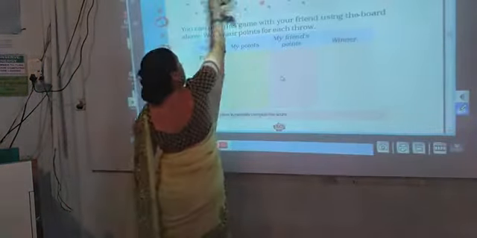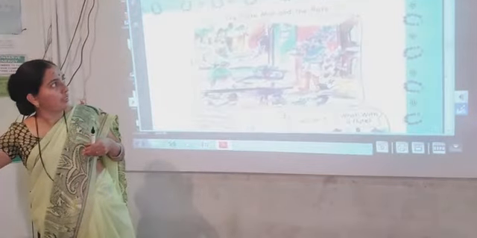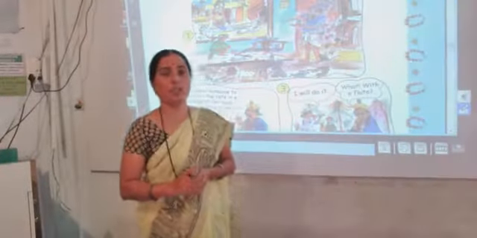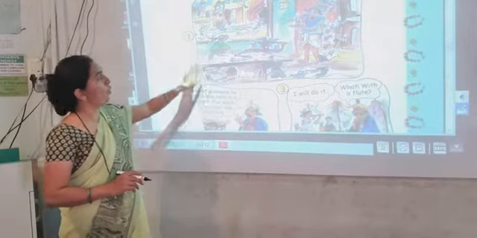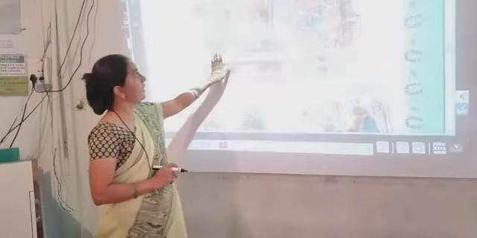Now see page number 61. On page number 61 there is a story, The Flute Man and the Rats. There is the story of a flute man and the rats. Now what can you see in this picture? Yes, you can see